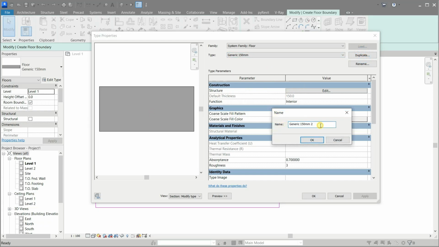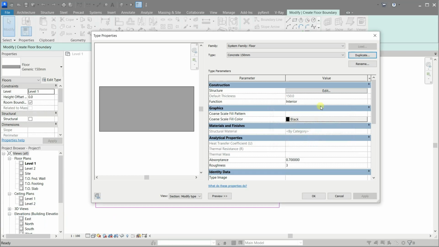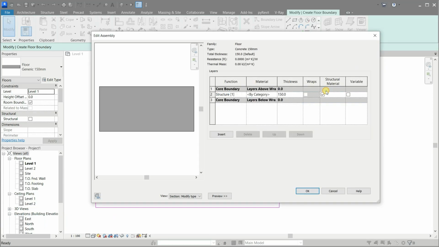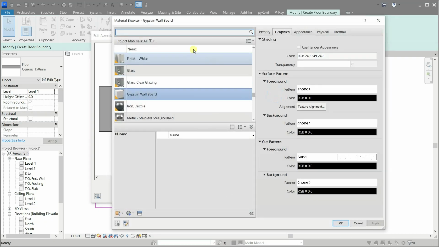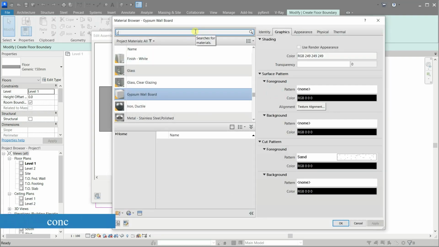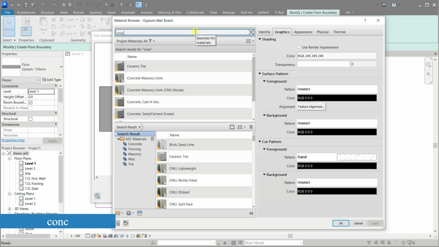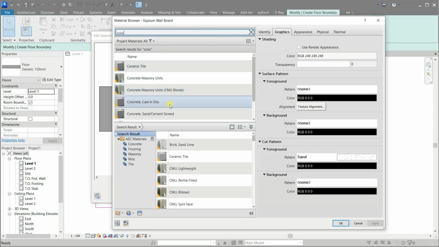Rename it to Concrete 150. Change the material and search for concrete material. Okay, let's use this one, concrete cast in situ.